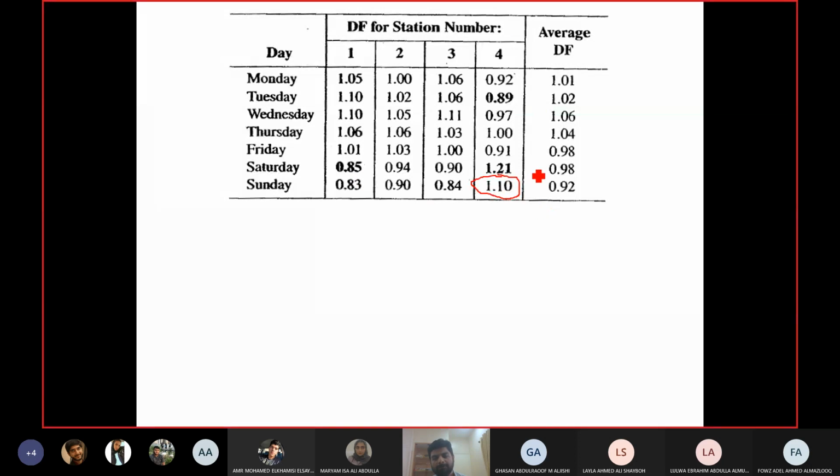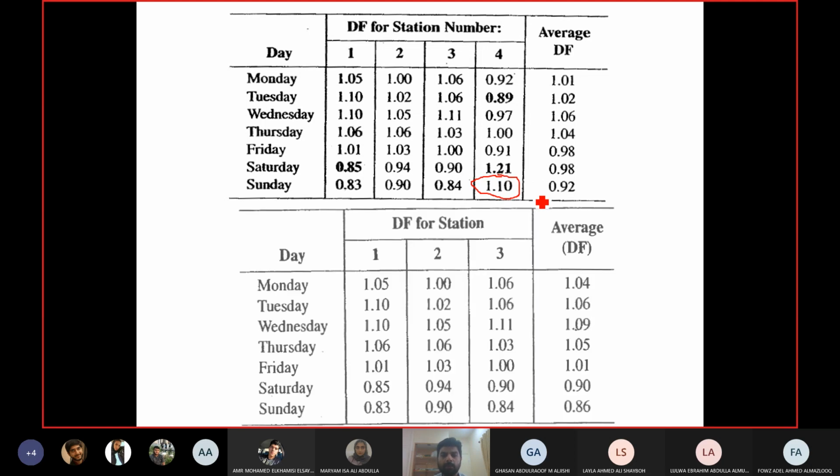Out of these 4 values, 3 belong to station 4. Okay, so most of the problem is created by station 4. So we kick station 4 out of our equation. We kick station 4 out, and you will try to combine the remaining 3 stations, and you will apply the same criteria, calculate the average, and take the difference and see if the difference is within the range. Okay, so this is now the grouping of the 3 stations 1, 2, 3.